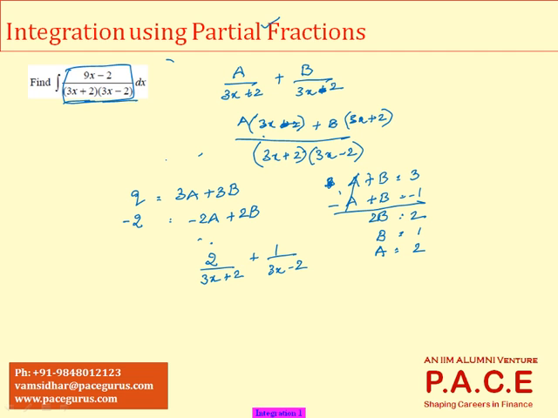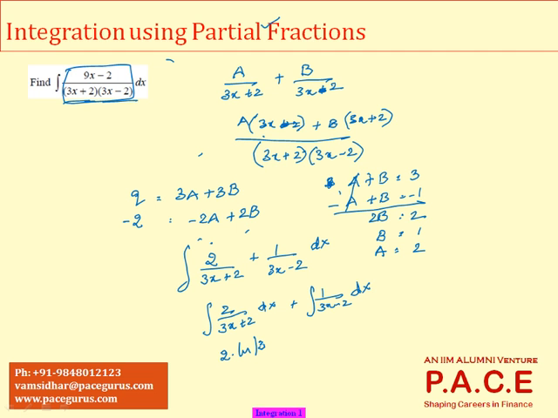So you need to think, if a question is given, can I do this kind of partial fractions on the question and find the two different fractions like this, and after that apply the integral dx, which means now the integration can be applied separately. So it becomes integral 2 by 3x plus 2 dx plus integral 1 by 3x minus 2 dx. Now this is the 1 by x form. 1 by x integrates to log x. So I'll write it as 2 into